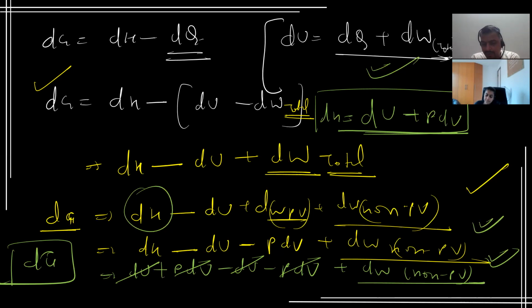Are you clear with this concept? Yeah, that makes sense. Yes. So what we are required, as I told you, dG equal to the cost of energy. It is the available energy for utilizing and for making the process do useful work. It is very important for the useful work. So what we have got is dG equal to dW non-PV.